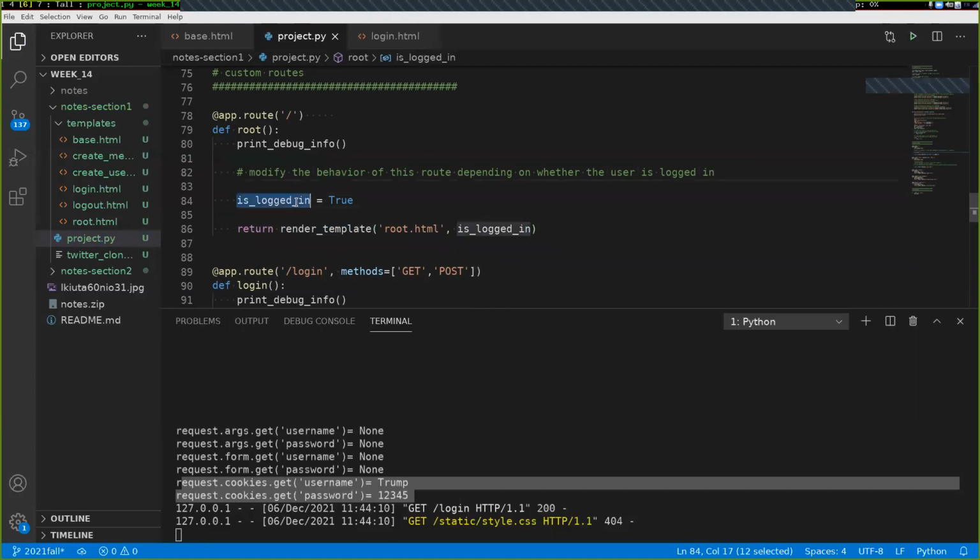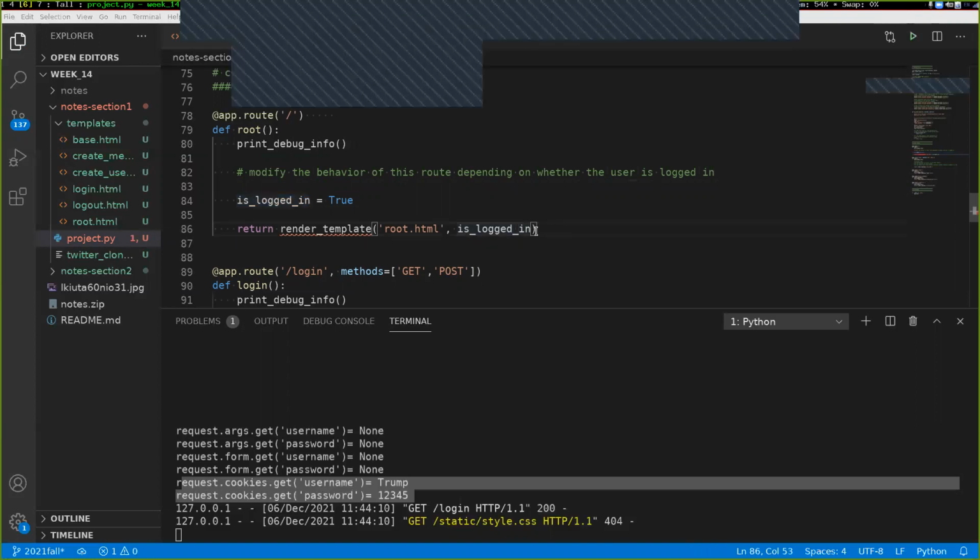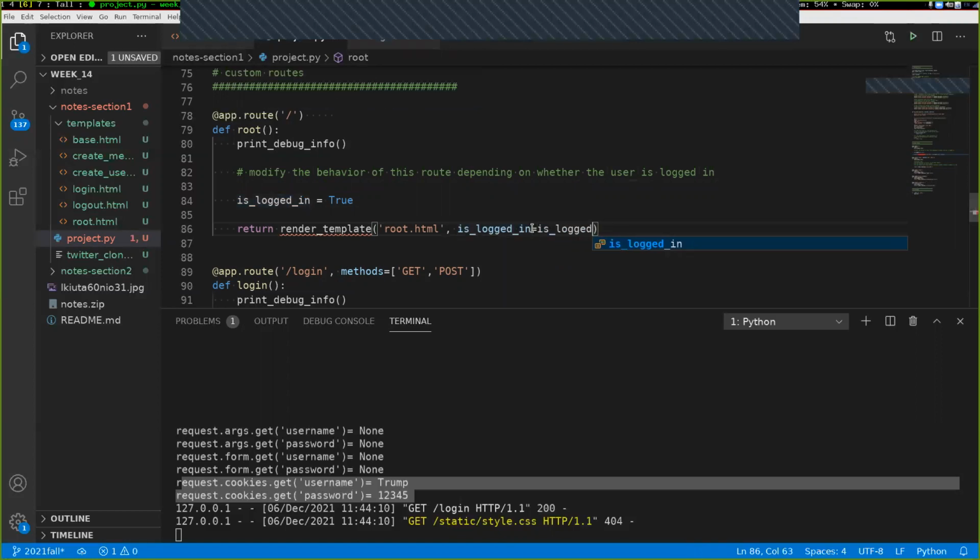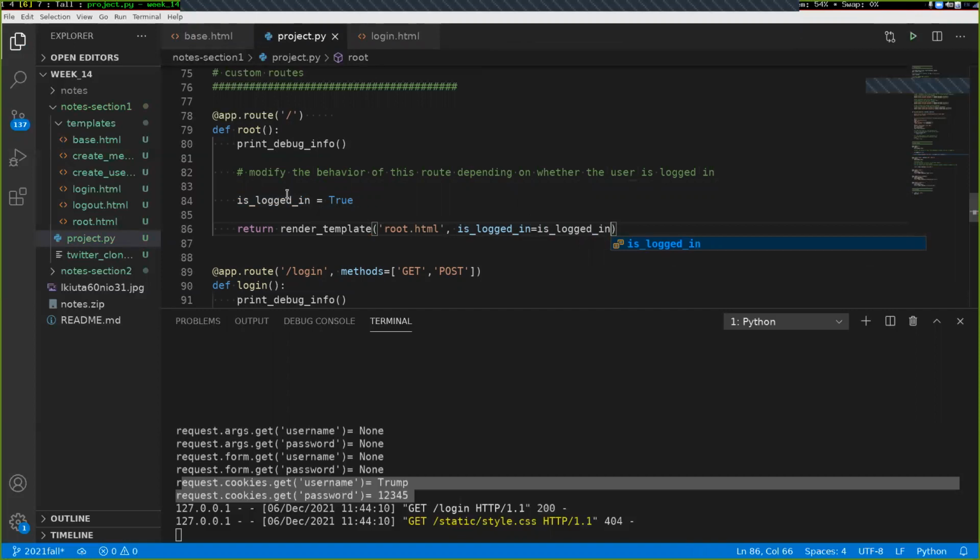And so before I figure out exactly how to set this variable to be true or false, I'm first going to manually set is_logged_in equals is_logged_in, like that. I'm first going to manually set this to different values so that we can just manually control what's going on with the page, and then we'll set this automatically later once we've decided that we like what it looks like when we do it manually. So we pass this is_logged_in into the render_template on the root.html,